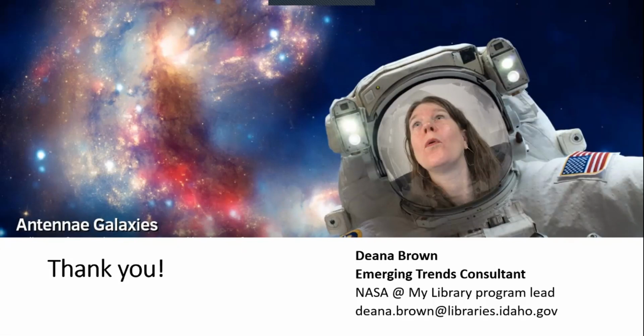And one of the themes that I really like that ties all of this content together is that the idea isn't that library staff need to feel like they are a space science expert. It's more that one of the goals of the program is to help connect library staff with their local science experts, which is why I'm really focusing on reaching out to astronomy clubs